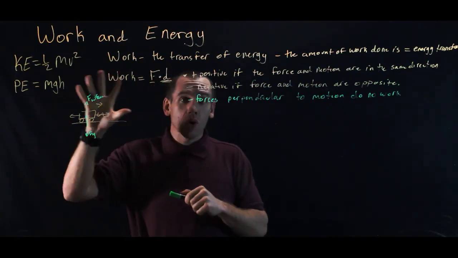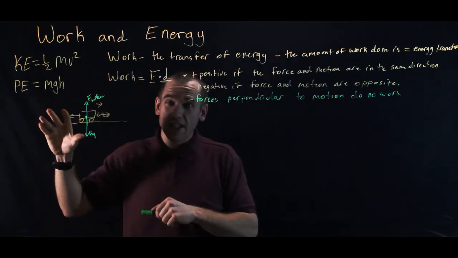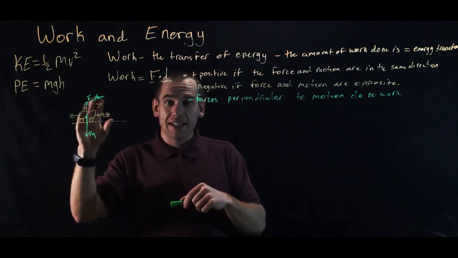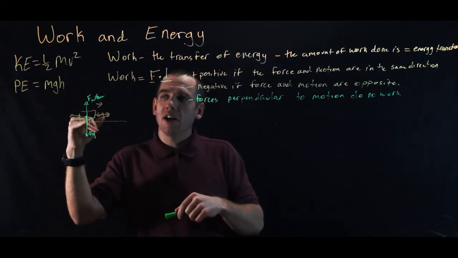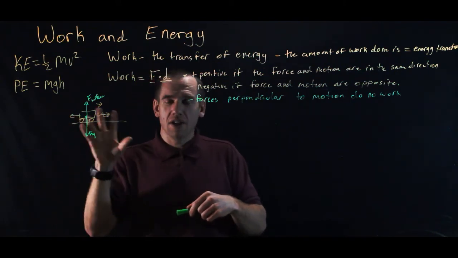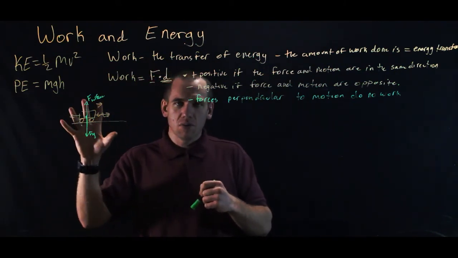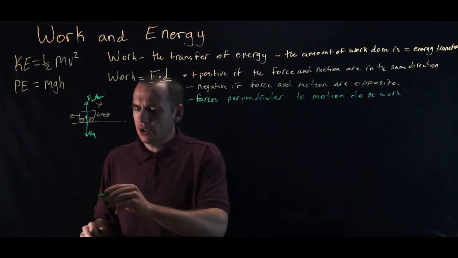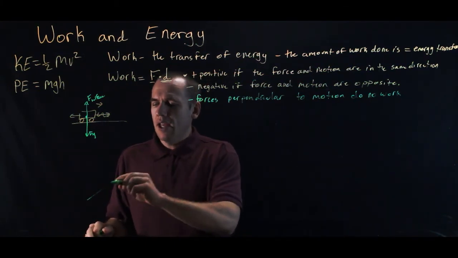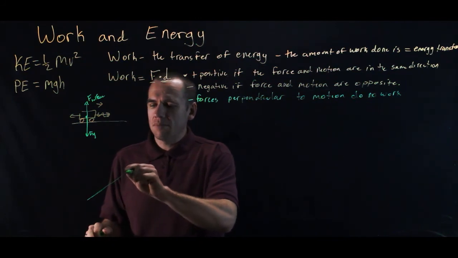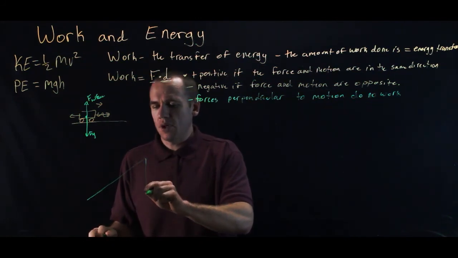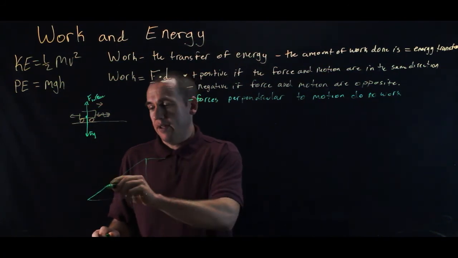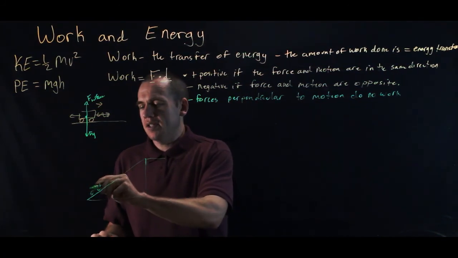So, work transfers energy. The amount of energy transferred is equal to the amount of work done. Positive work causes an object to gain energy. Negative work causes the object to lose energy. And so far we've looked at this in terms of strictly kinetic energy, but it's applicable to the potential energy realm as well. If I have something that is moving up a ramp, anywhere along that really, if I'm pulling this thing along the ramp,